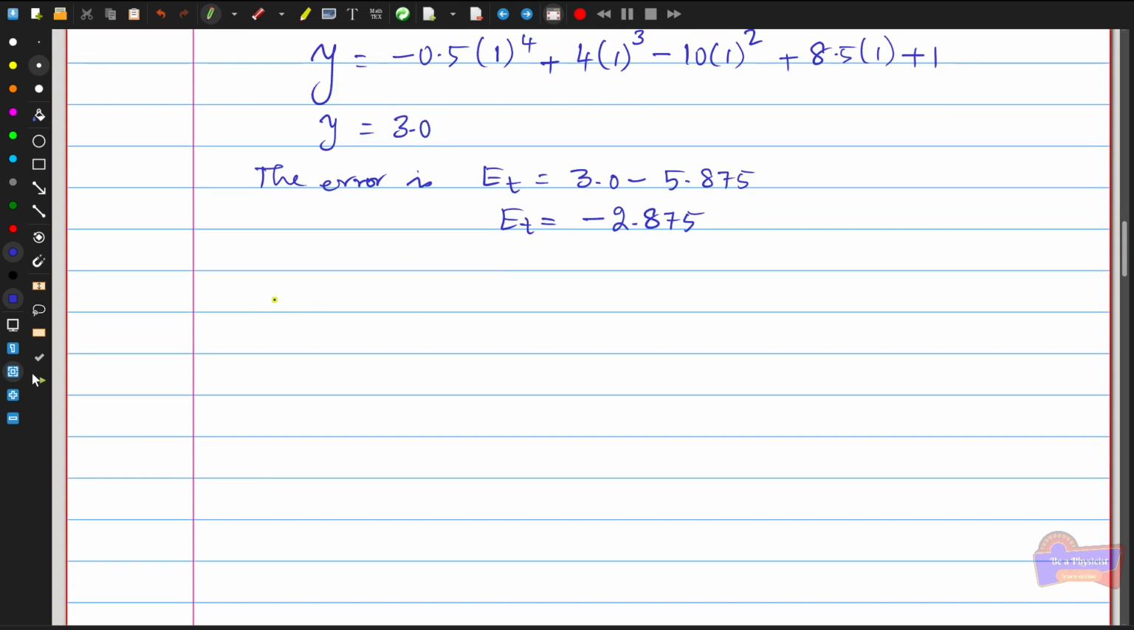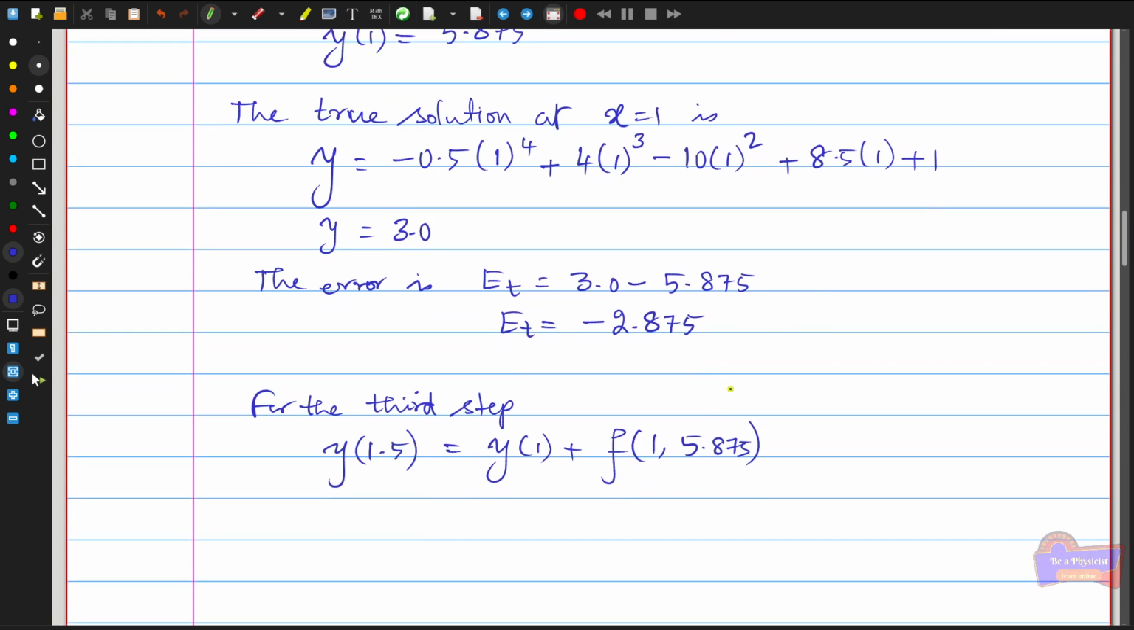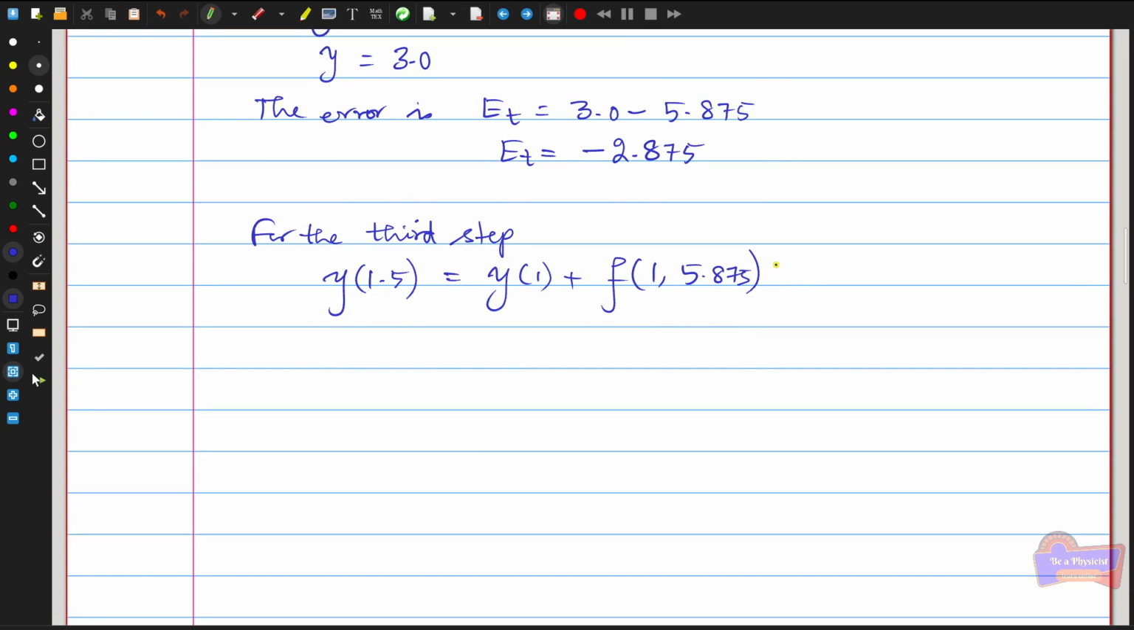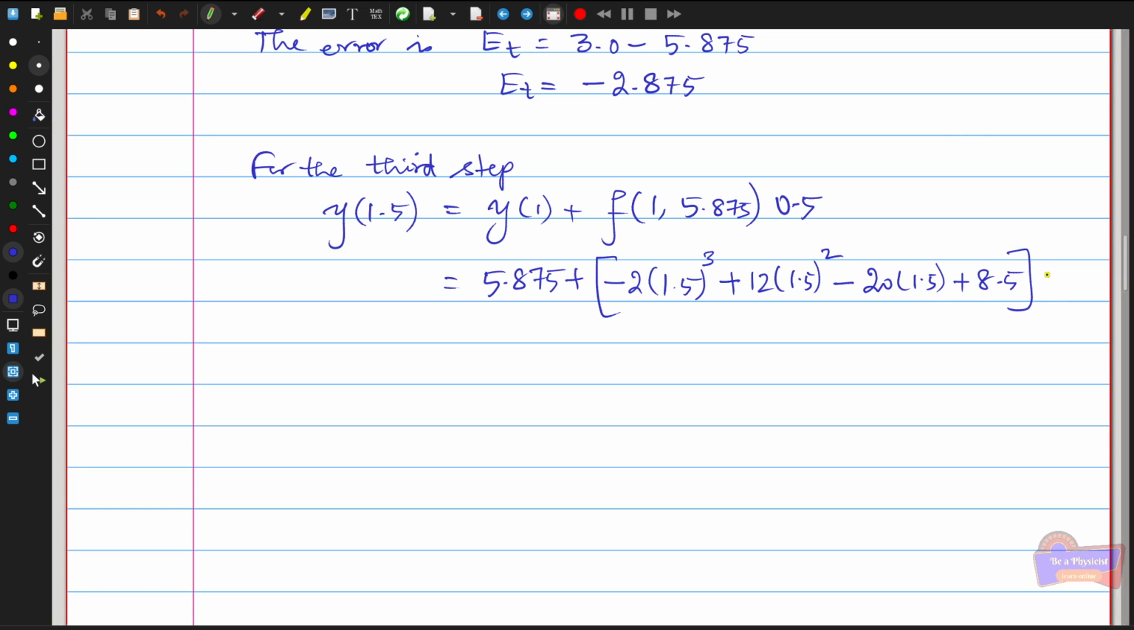Similarly, you can do the third step, where we are just incrementing the value by 0.5. So for the third step, this time you have incremented the value by 0.5 so that your value is 1.5, which is equal to the previous value y of 1 plus the slope at 1 comma 5.875. That is the value which we calculated previously, and that is the slope we are going to use, multiplied by the time step 0.5. So the previously calculated value is 5.875 plus the slope. Again, you write the right hand side of the equation: minus 2 times the x value, now 1.5, cubed, plus 12 times 1.5 squared minus 20 times 1.5 plus 8.5, multiplied by the time step, and the solution is y of 1.5, which is equal to